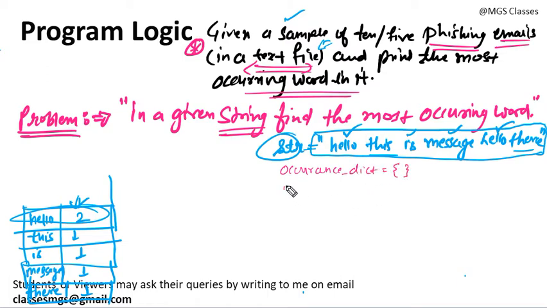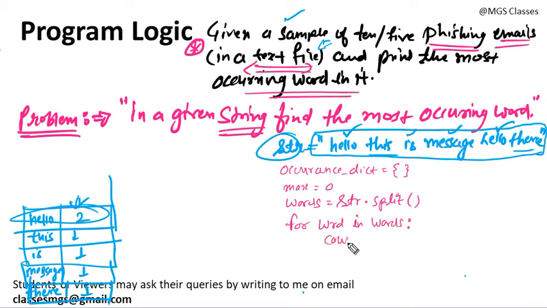Creating a blank dictionary. Maximum I am creating initially as 0, and then I am going to use the split method to get the list of words. I am going to use the str.split method. I have already told you what the split method will do. It will return the list of words, okay, and then you are going to use the for loop to iterate each word, let's say wrd in words. And then you need to count how many times this word occurred in the string. You can count using the count method.